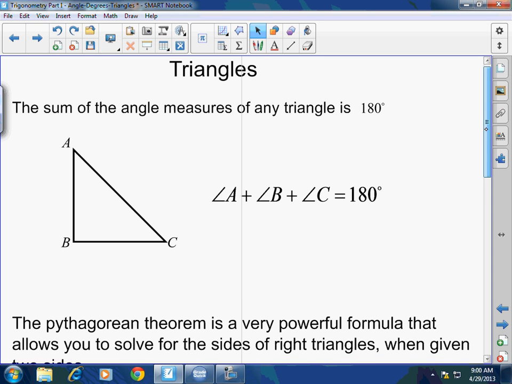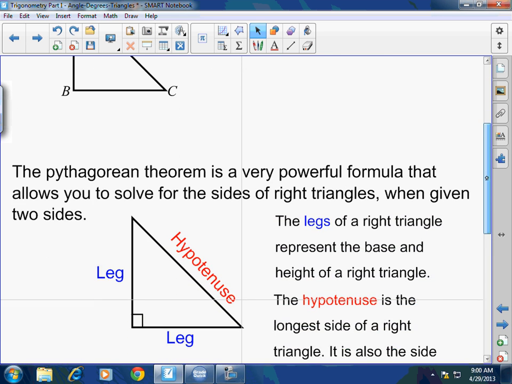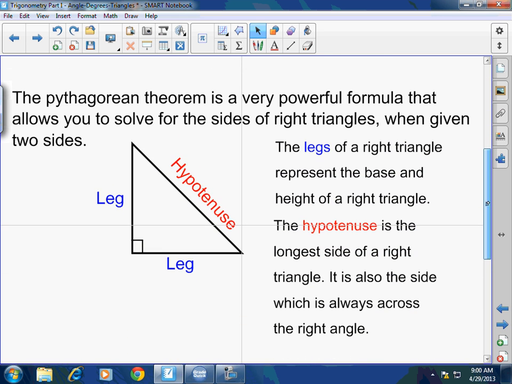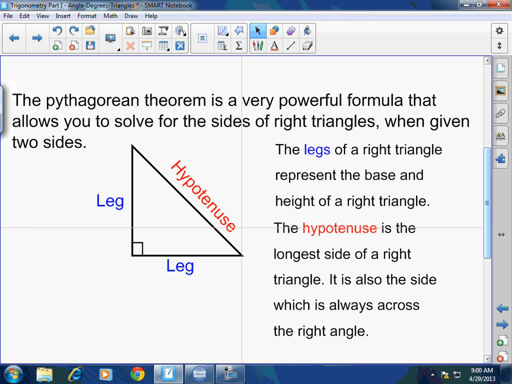Now, that's just common knowledge. Now, let's go from there to the Pythagorean Theorem. Let's talk about right angles and side measures and all this stuff. All of this is building to trig, which we will start heavier tomorrow. So I know it's easy, but just bear in mind these are the basics. The Pythagorean Theorem, my friends, uses right triangles. And it's a very powerful formula that allows you to solve for the sides of right triangles when given two